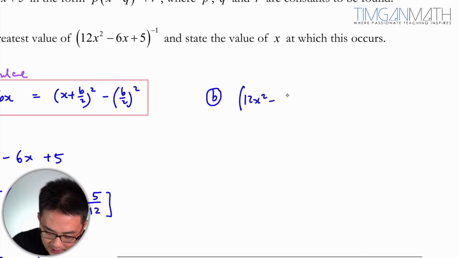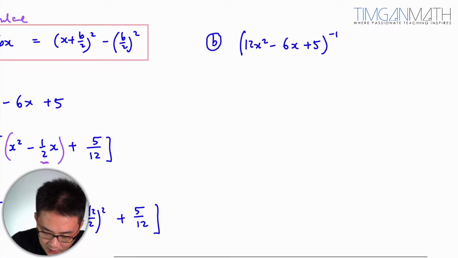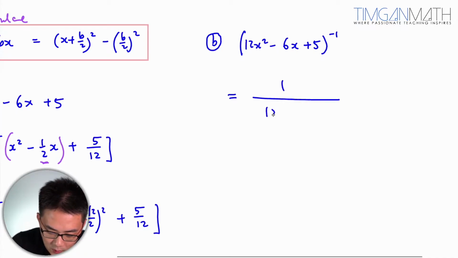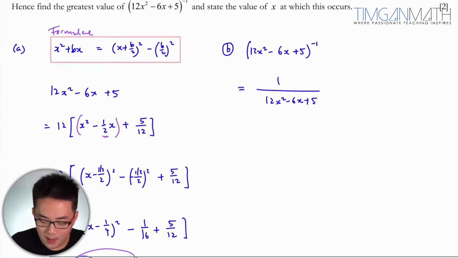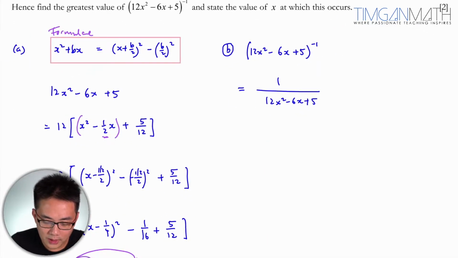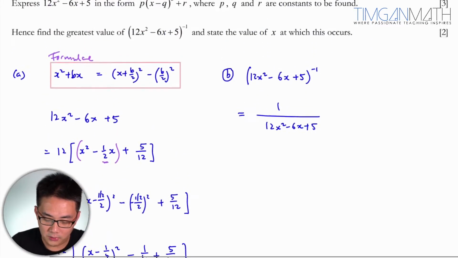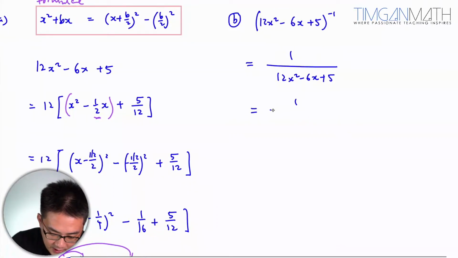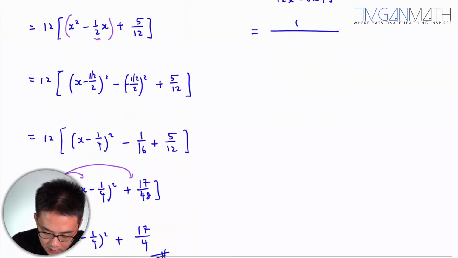12x squared minus 6x plus 5 to the power minus 1. This would actually be 1 over 12x squared minus 6x plus 5. Okay. You want this term here to be the greatest. Okay, so we already completed the square here, which is actually just finding the reciprocal, right? So